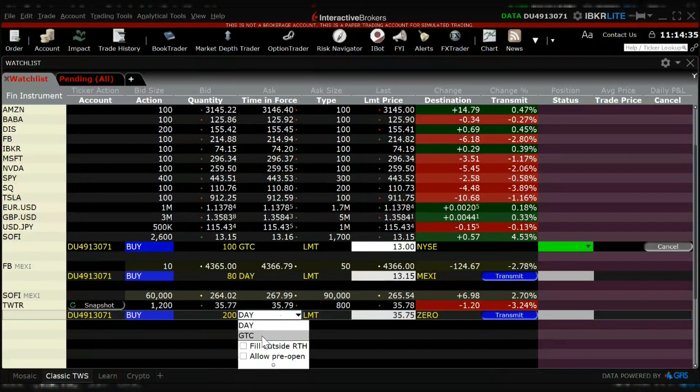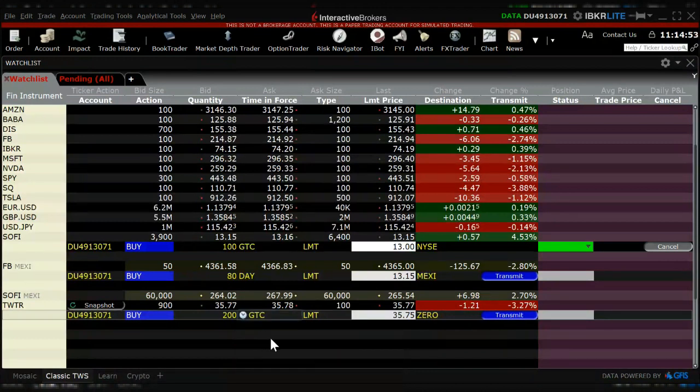I usually like good till cancelled, because that gives you a leeway so that however long it swings, maybe a target price is a certain price, it's going to go down to that price given a certain period of time. So you select good till cancelled, and then you select limit for limit order, and then you select the price,